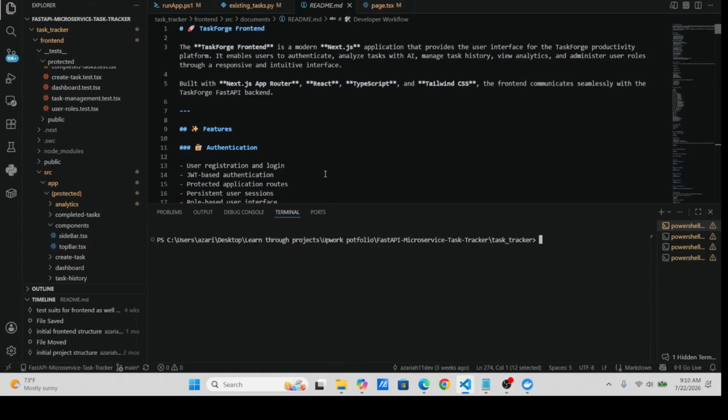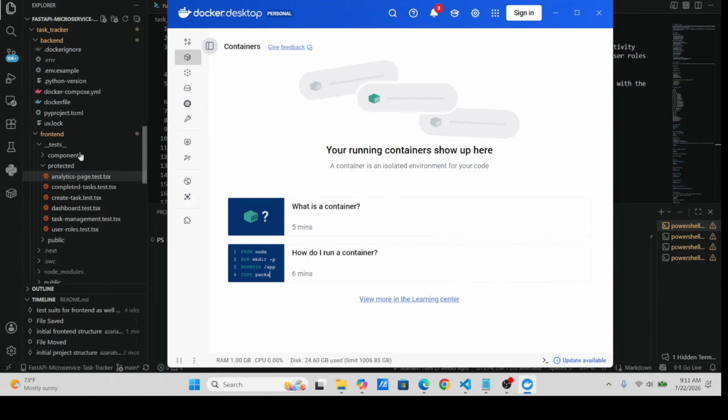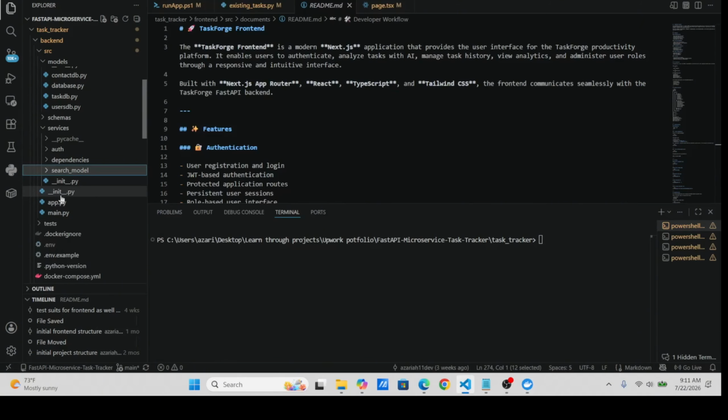So let's get started here. Before you get started with TaskForge, you need a little bit of a setup. You need to first have the Ollama client installed, as well as Docker, and you have to have Py3 Mini installed. The main reason why you need Py3 Mini is because the